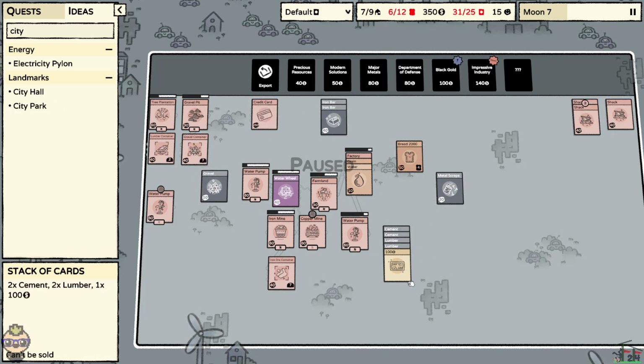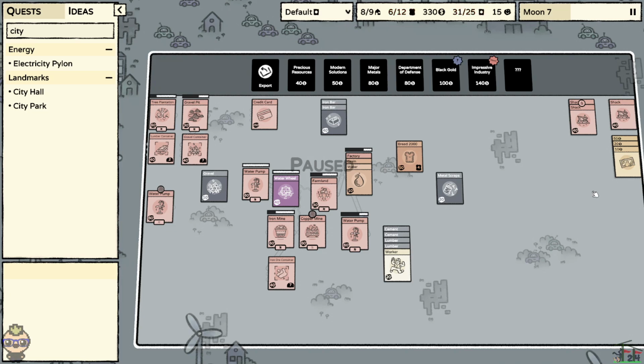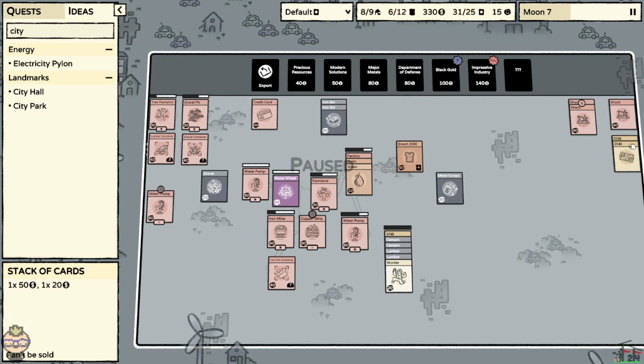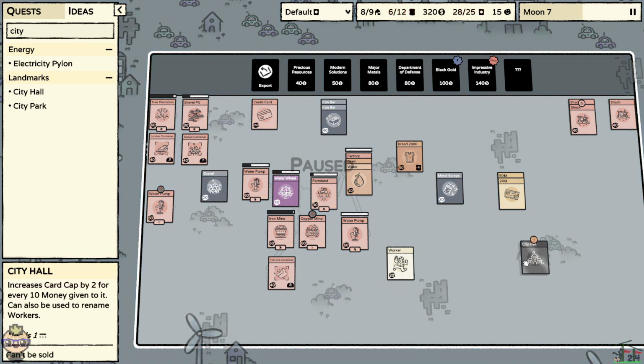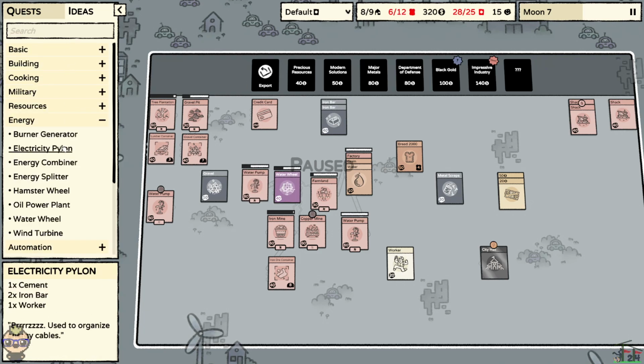And a worker. I guess I'll pay a worker to come live with us. Here we are. $10. And here's our city hall. City hall needs to be powered as well. We'll look at what our options are for